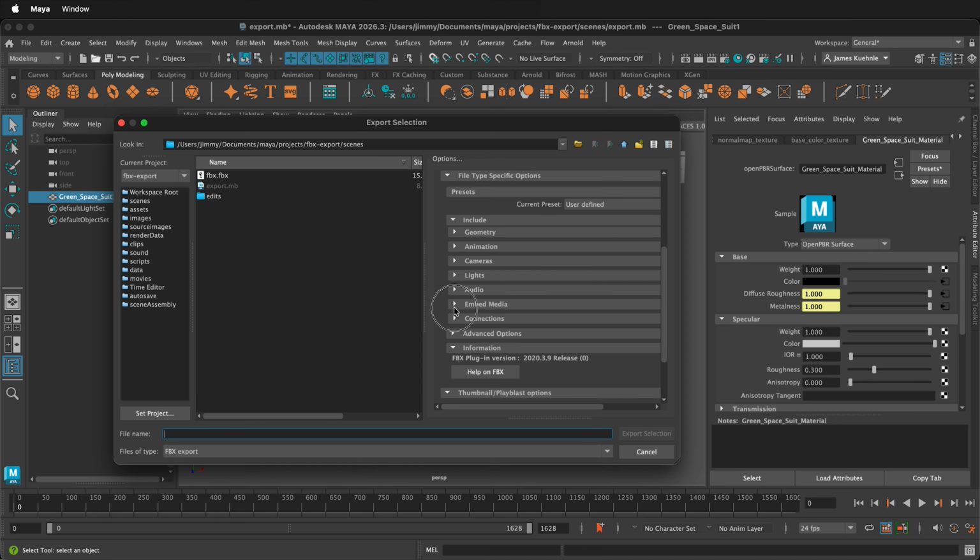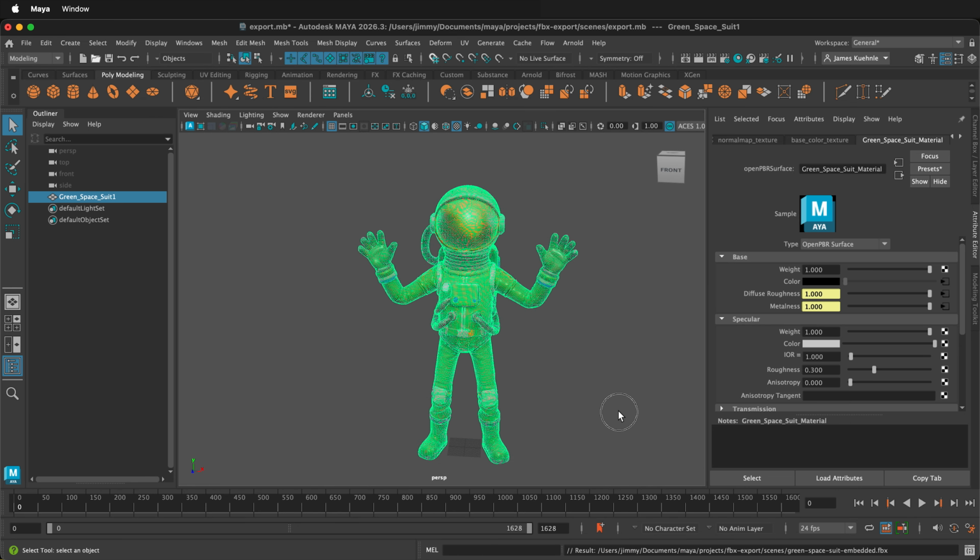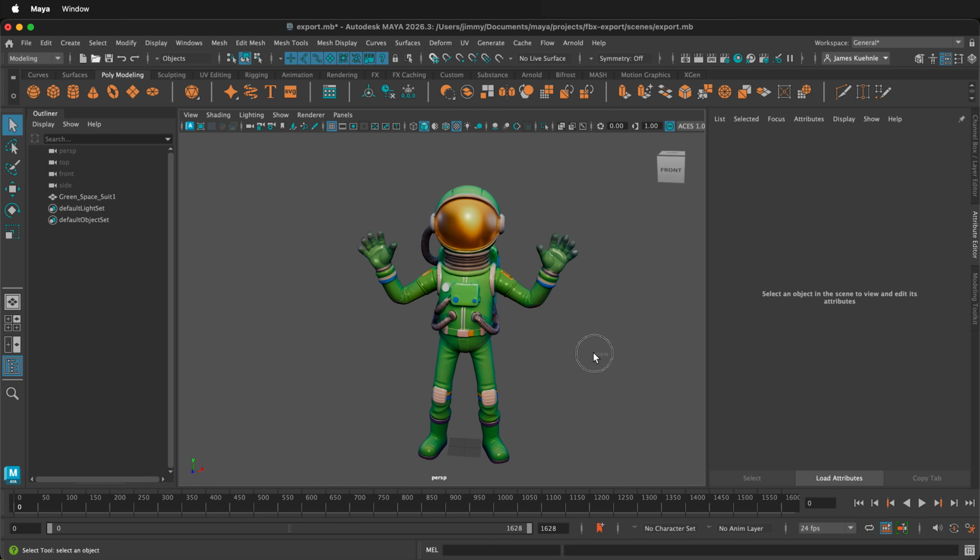Scroll down, and where it says Embed Media, click Embed Media. This way, Maya will embed the textures in the FBX. Give it a label, green spacesuit embedded, and then export your selection. Now you can import that into other programs such as Mixamo or Blender, and all the textures will be embedded